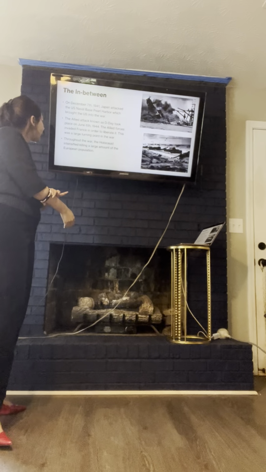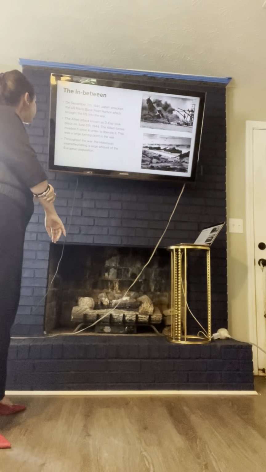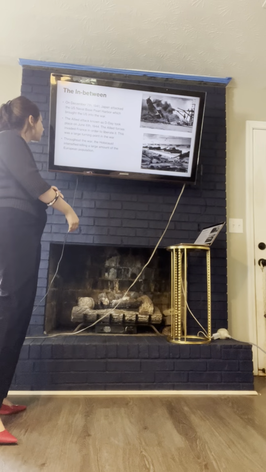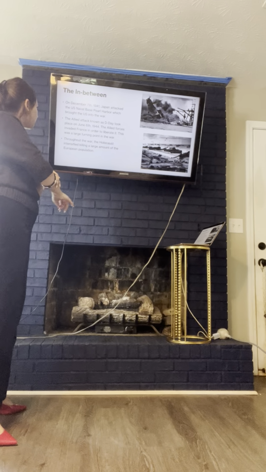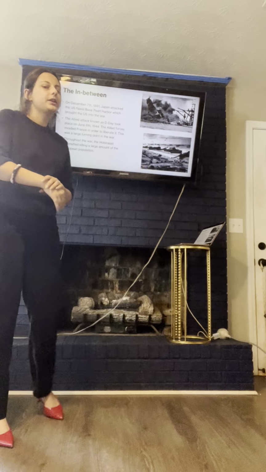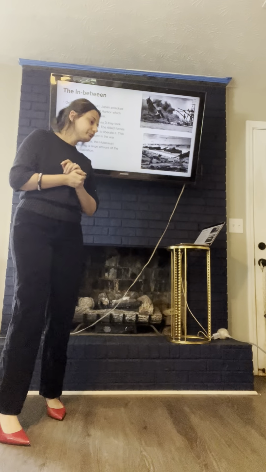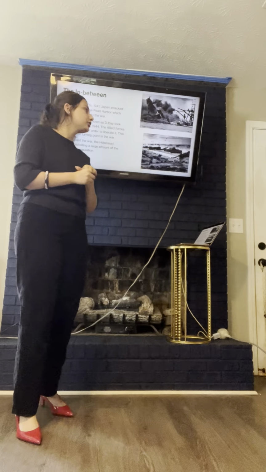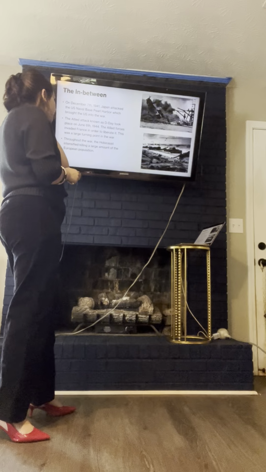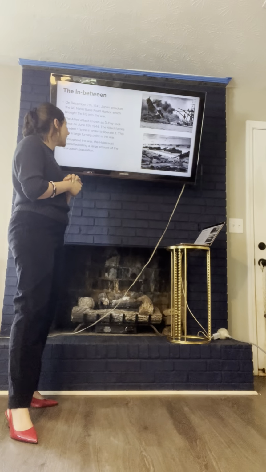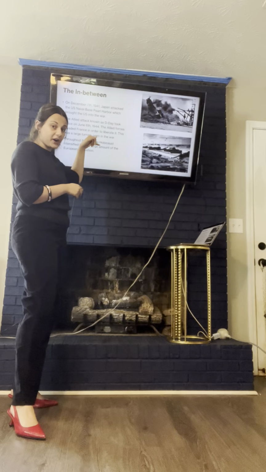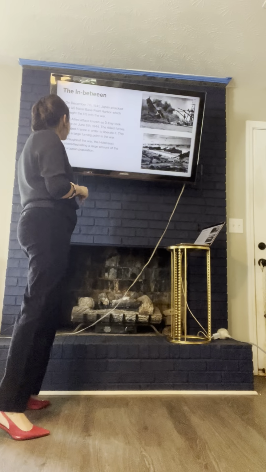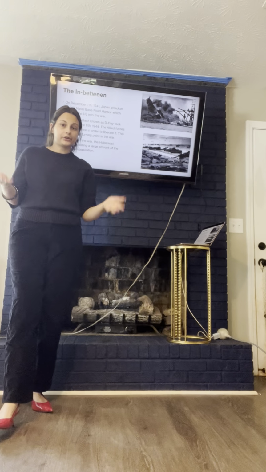The Allied attack, known as D-Day, took place on June 6, 1944. The Allied forces invaded France in order to liberate it. This was a large turning point in the war. So we talked about earlier how the beginning of the war started when Germany was trying to take land from other countries in Europe, France included. They were one of the first to declare war on Germany. Germany actually ended up taking a hold of France. And D-Day is when the Allied powers took it back.